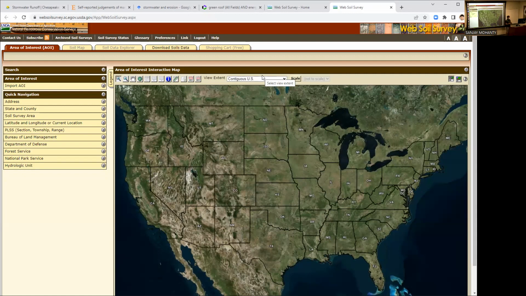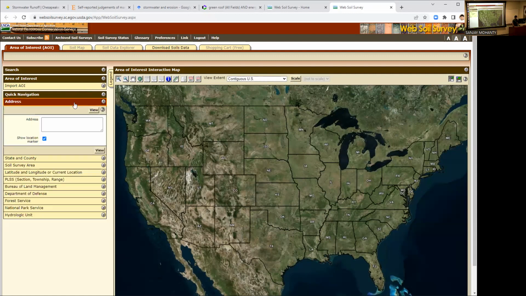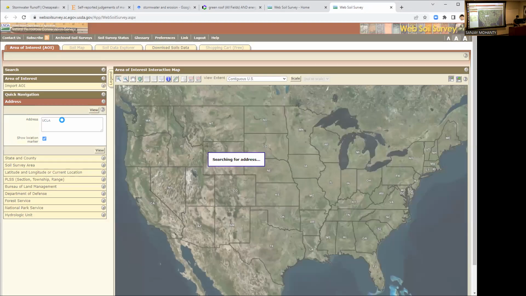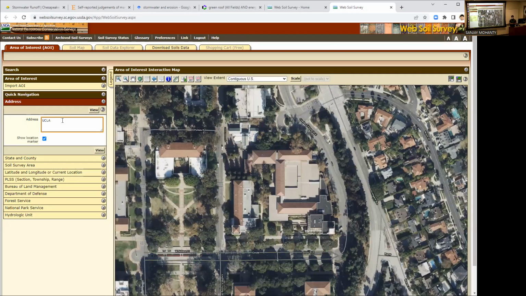Or if you know the known locations. So you have all these things here, so you can write the address. If you want to write the address of UCLA, let's write UCLA. Maybe you don't have the... oh, actually it does. So that means you have clearly, at least you know that the UCLA campus is there. So now we have to find out where is our building.